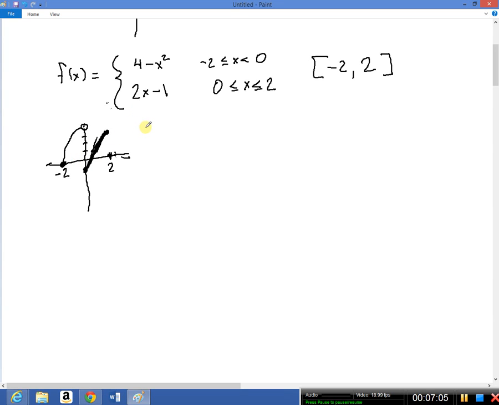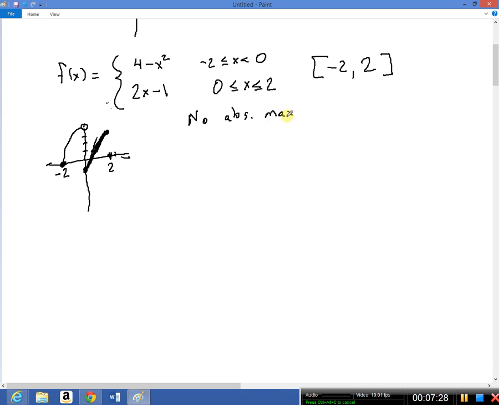Okay, the question is, what are the maxes and mins? Well, is there an absolute max to this function? If there were an absolute max, it'd be this point right here, but this point is not included. And this part of the curve just keeps getting bigger and bigger and bigger, getting closer and closer to 4, but never equal to 4. So there is no absolute max